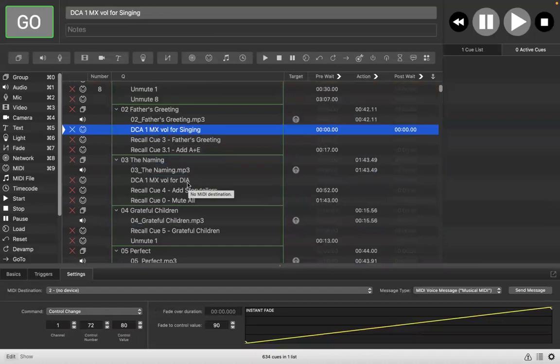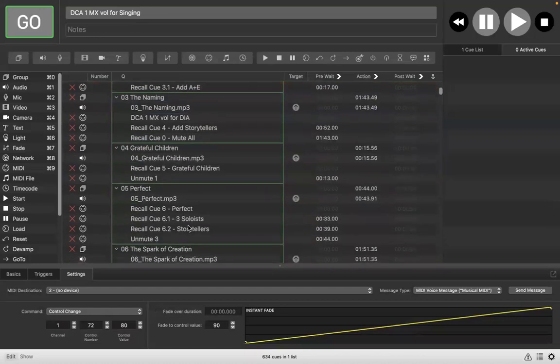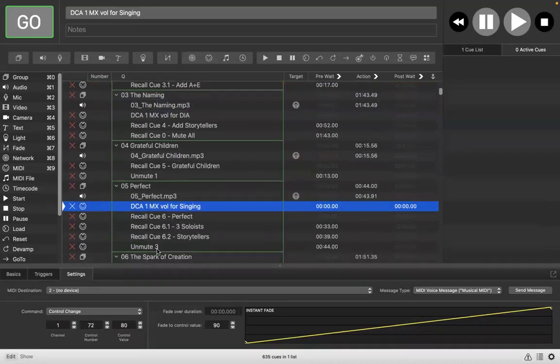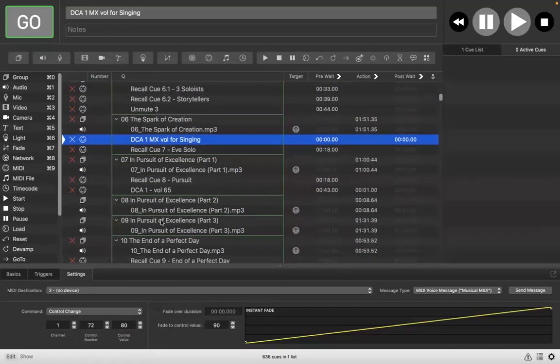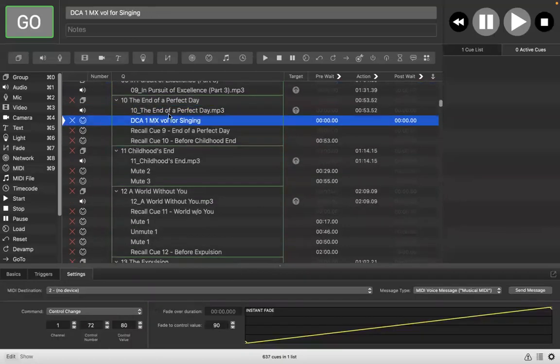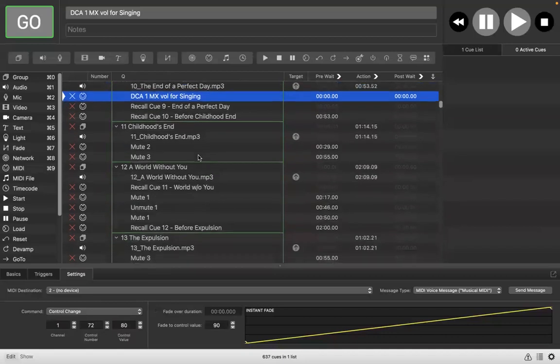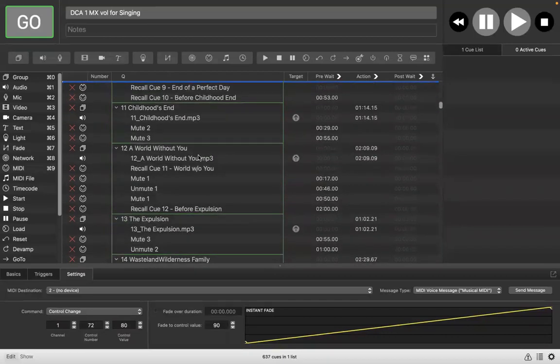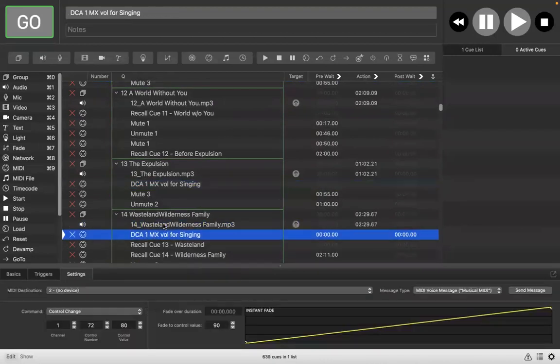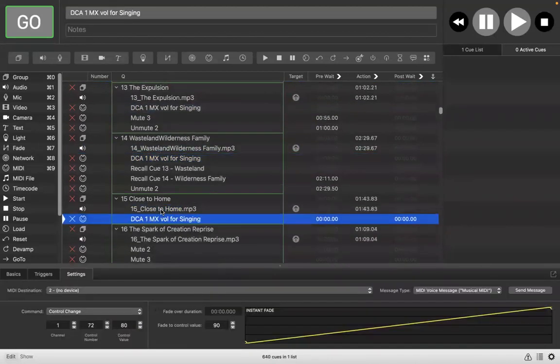And now I'm going to refer to my sheet here, and I'm just going to go with the music level because I have this already in here. I'm going to copy this over to all of the cues that I have marked as starting with singing. Okay, number 6 also starts with singing. Number 7 starts with dialogue, 8 dialogue, 9 dialogue, 10 singing, 11 dialogue, 12 dialogue, 13 singing, 14 singing, 15 singing,